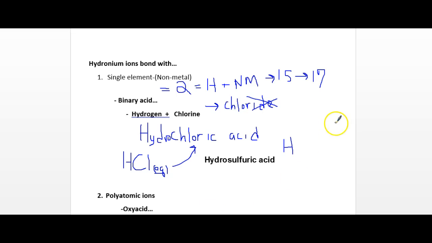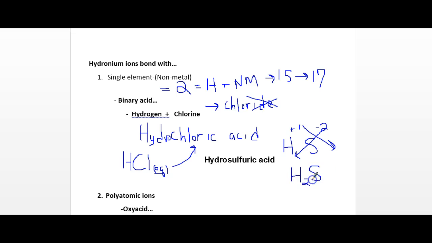So we write the hydrogen, it's +1, right? Always going to be that. And then sulfur is -2. These crisscross, 2 goes with the H, 1 goes with the sulfur. We don't need to write it. And then the formula would be